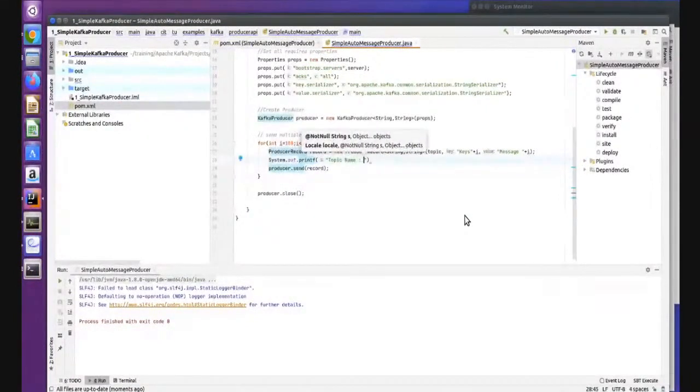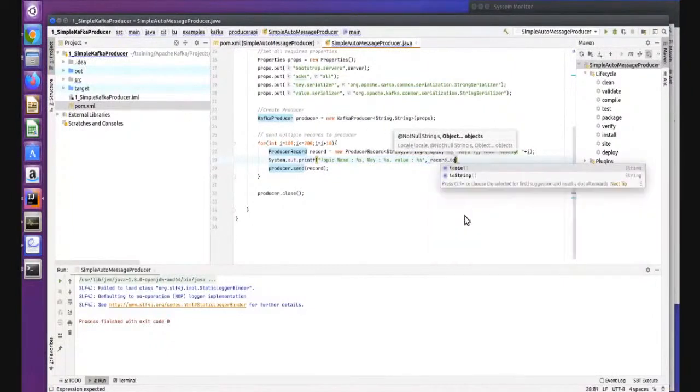I want to see only the topic name, the key and the value. Whatever you want to see, you can list it here.